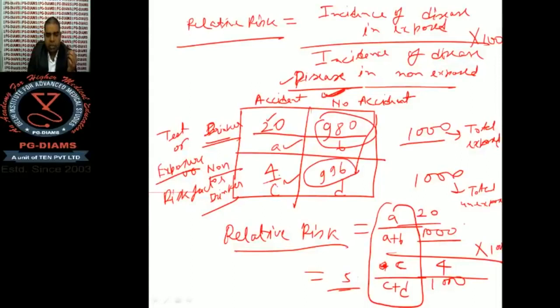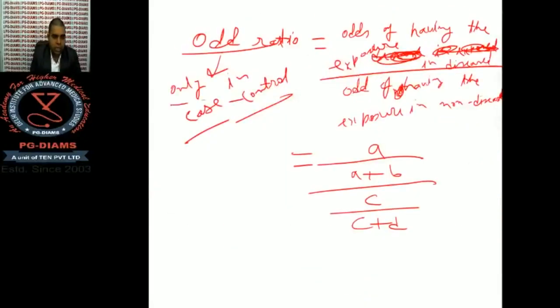Like C is only 4, D is 996. So in odds ratio, since odds ratio is only in case control study, and in case control study we study rare disease, so A can be neglected